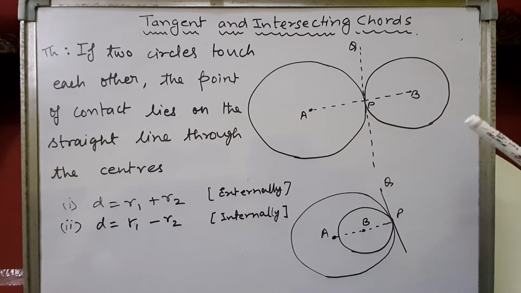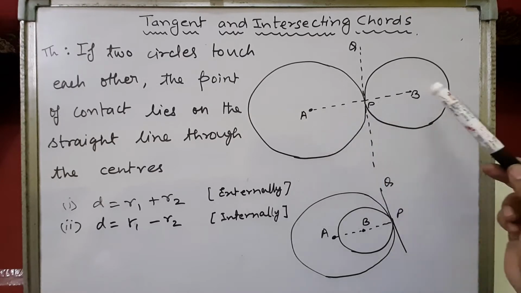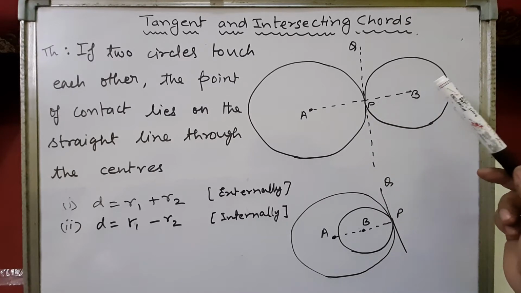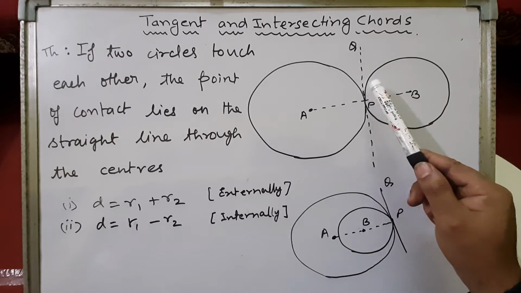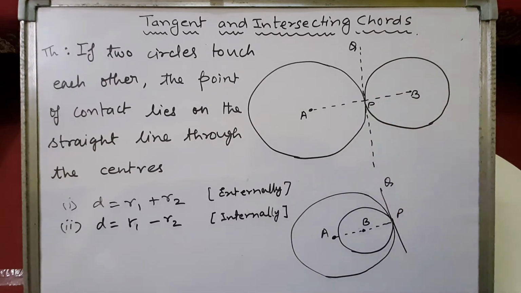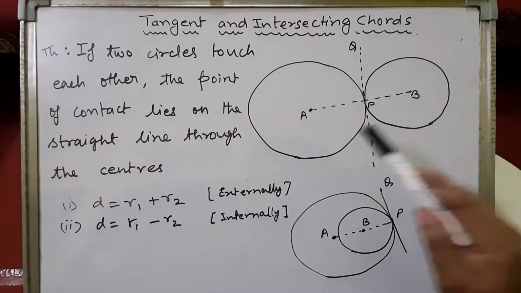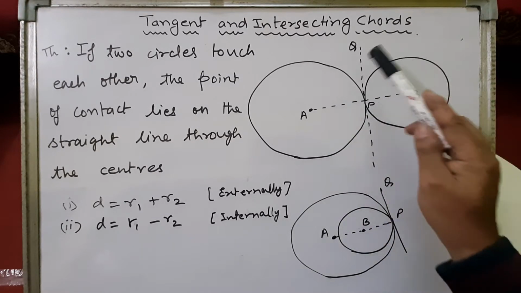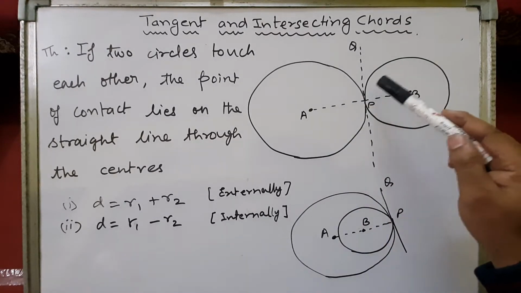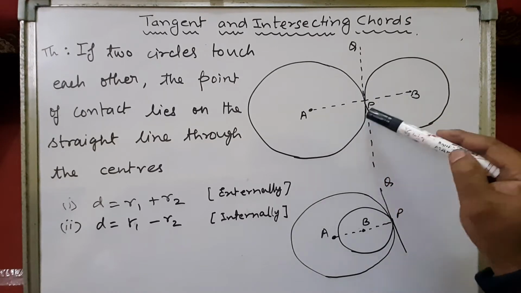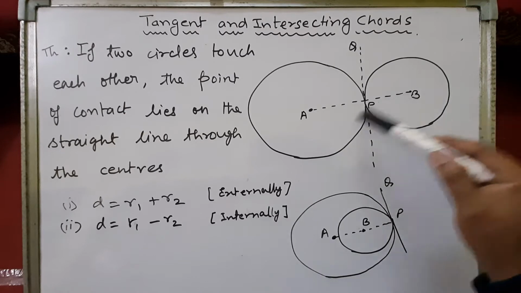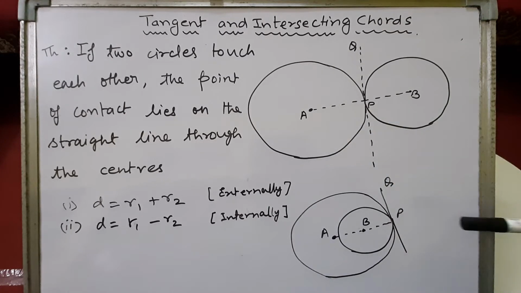Okay, so we have to prove that APB is a straight line. Now we can easily prove that. See, this angle is a 90-degree angle formed between the radius and the tangent, and this angle will also be a 90-degree angle formed between the radius and the tangent. Angle APQ is 90, angle QPB is also 90. So 90 plus 90 is 180. This will be a straight angle. So when APB is a 180-degree angle, a straight angle, then APB will be a straight line. Same goes for internally also.